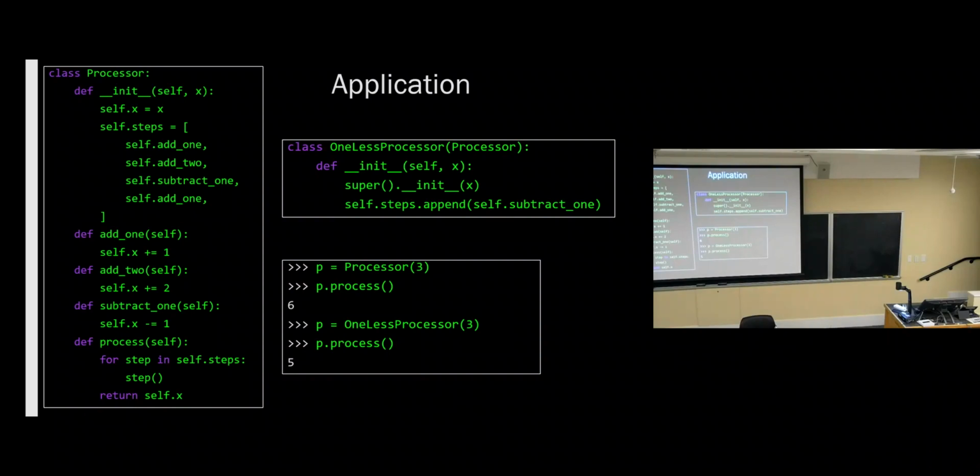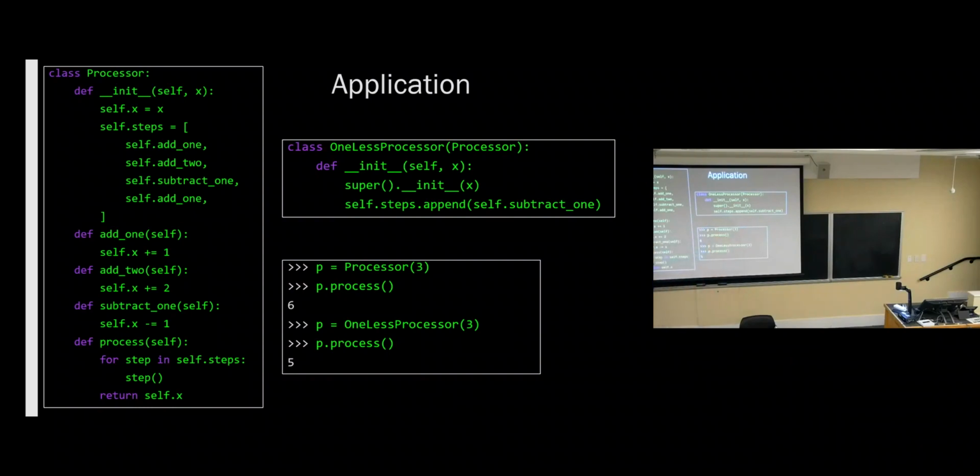Yeah. You could also just have a process method in one less processor and call super process and then whatever steps you want. That's true, but then you're specializing this process method, and you have to make sure to call the super process method, and that may or may not jive well with other subclasses. So here the advantage is that you can be very explicit in representing your specialization as just a modification of this list.